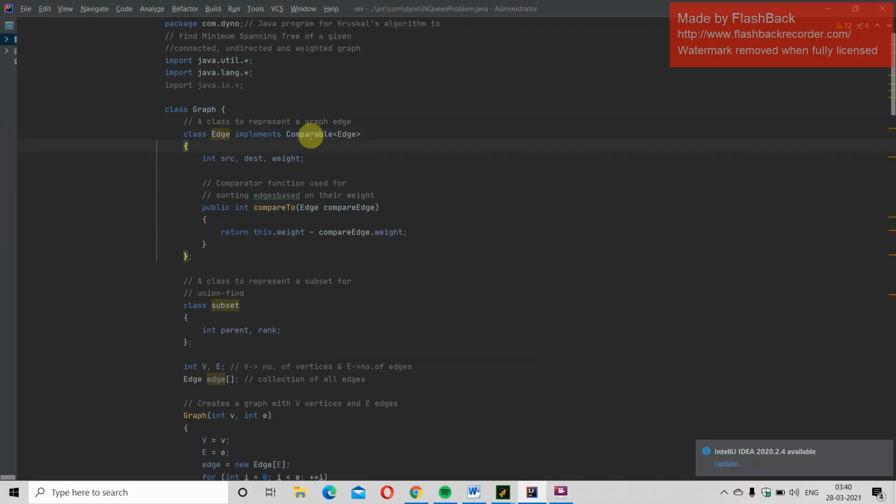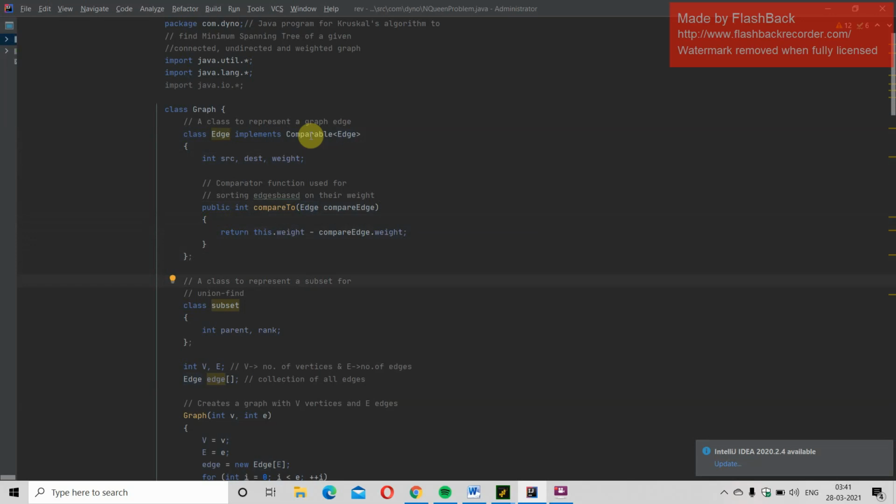Declare src, dest and weight of integer data type and use the compareTo function to compare edges. Return this weight minus the compared edge's weight.